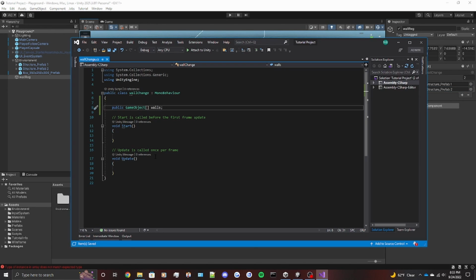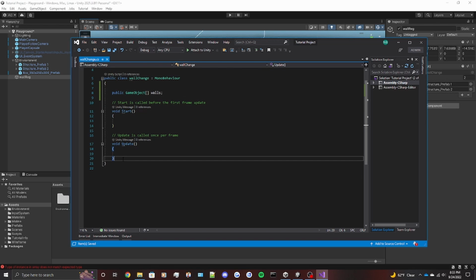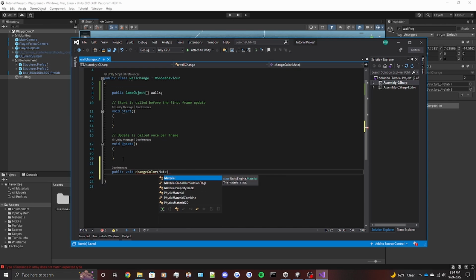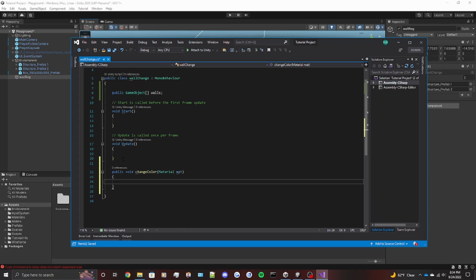Next, we want to go back to our script and create a new function called public void changeColor. And we'll give it an input of a material called matte. Now, what we want to do is have this function check each part of the list. So we'll do a for loop for int i equals 0, then for as long as i is less than walls.Length,